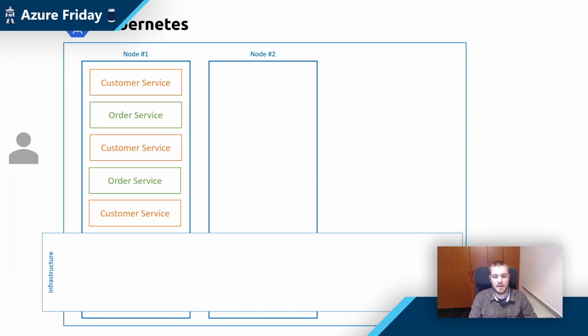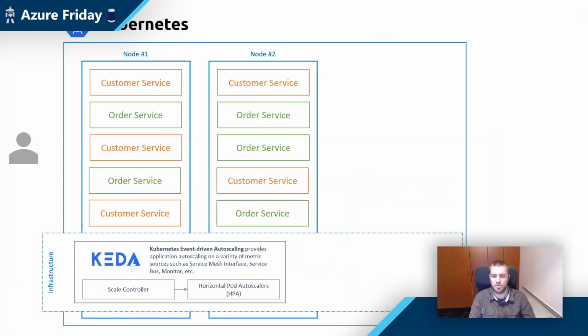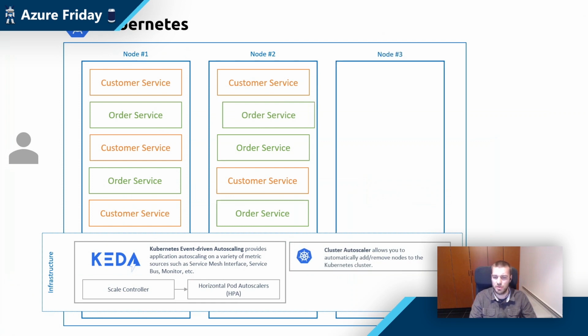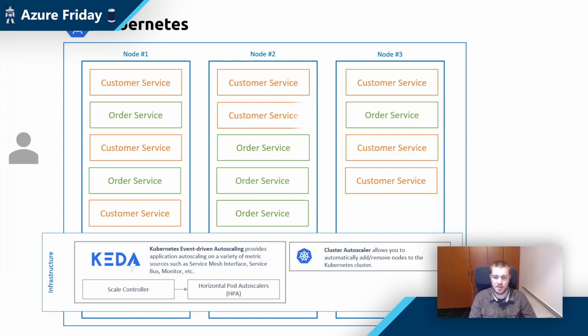Yeah, and KEDA here actually serves a bigger purpose as well, which is making auto-scaling of Kubernetes a lot simpler, where you can use KEDA for the application auto-scaling, like we've seen. In this case, it would scale those services across all the nodes. But Kubernetes is cluster technology, so we have to ensure that we have enough nodes. So that's where the Kubernetes cluster autoscaler kicks in, which is also supported by AKS. And it's also your responsibility to do this, so don't underestimate this.